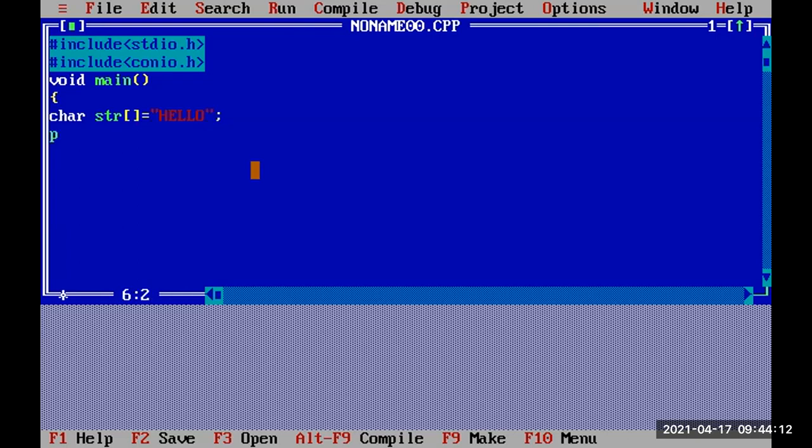Then printf percentage s, comma, strlwr, lower of str, and getch to get the output.